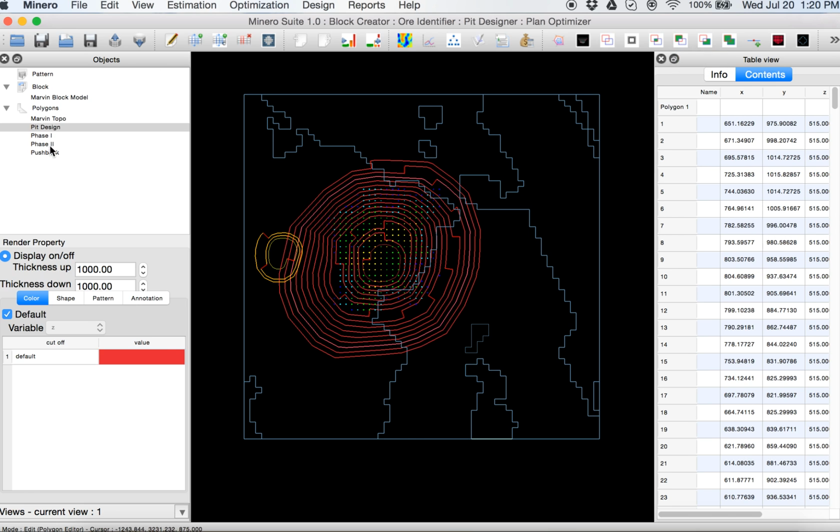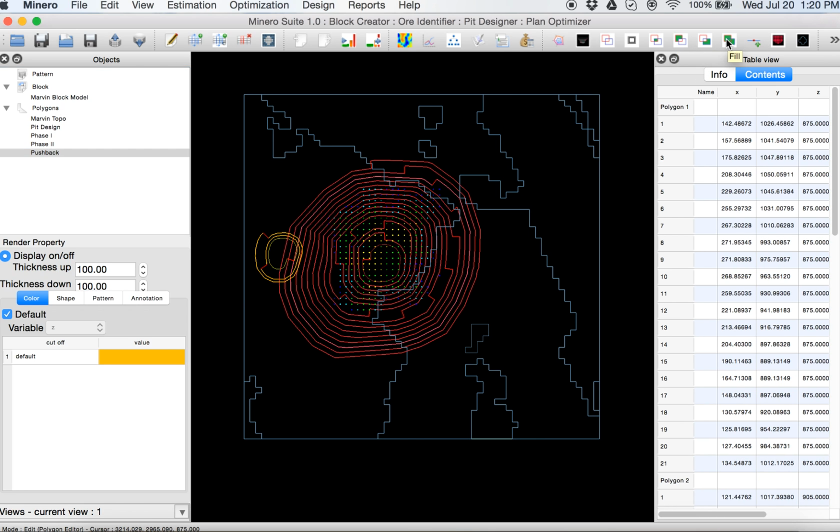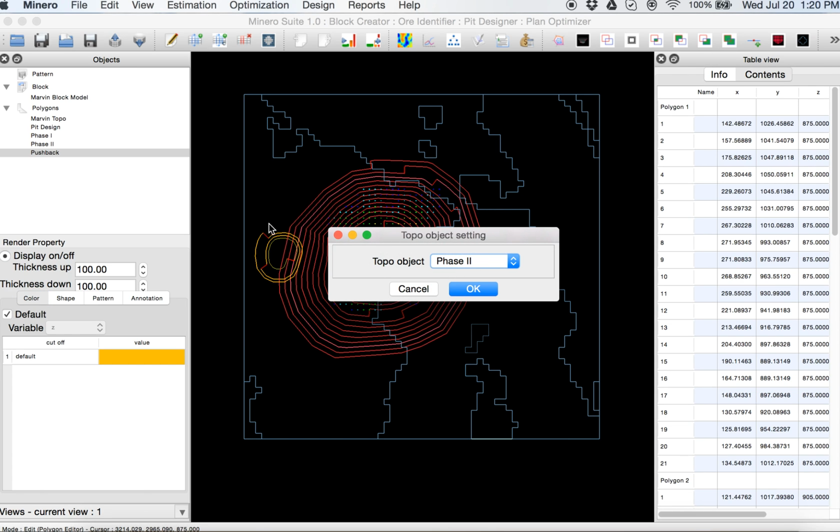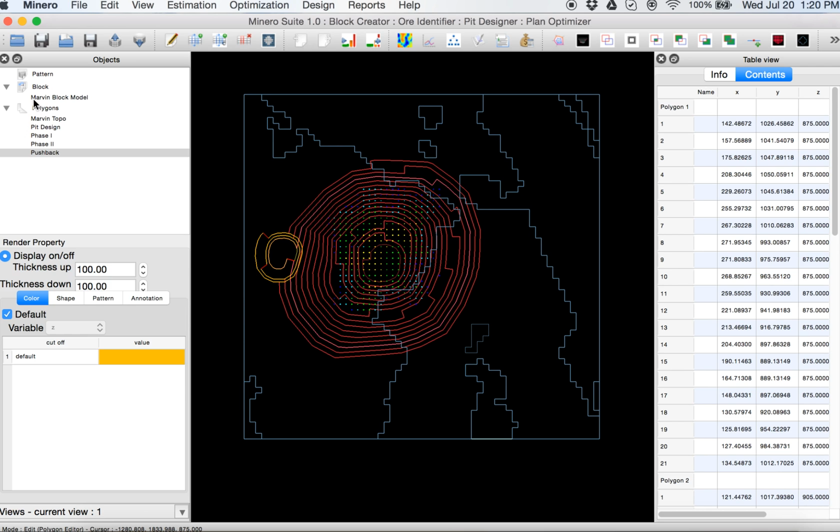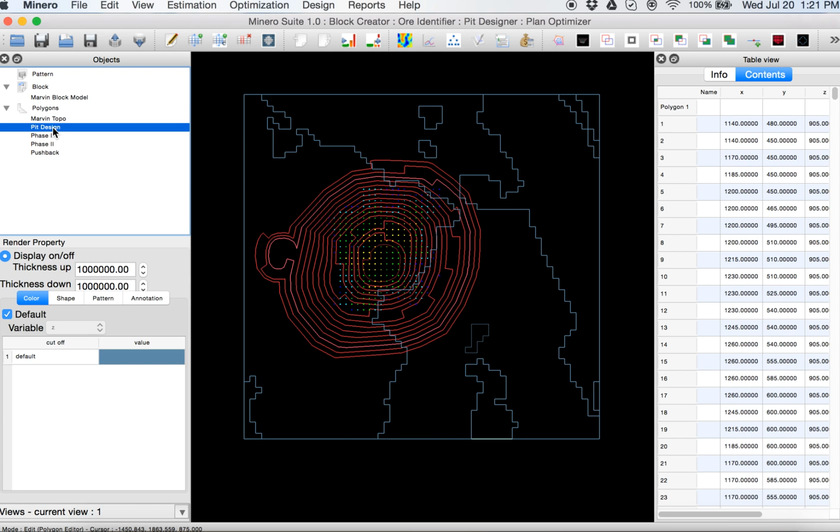We can just use a fill. In this particular case, we can say, okay, we want to modify pit design. Pit design is going to be changed, and we will add the pushback polygon shapes. So okay, and then we turn off pushback, and then we see PDesign in just one step again includes the pushback area. Okay, so it was a quick and easy way to put our information all together.